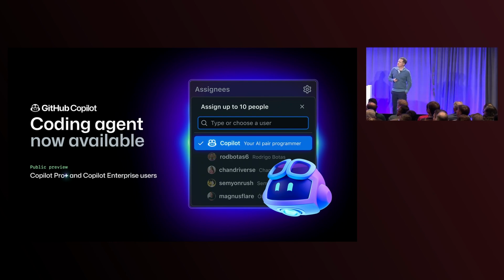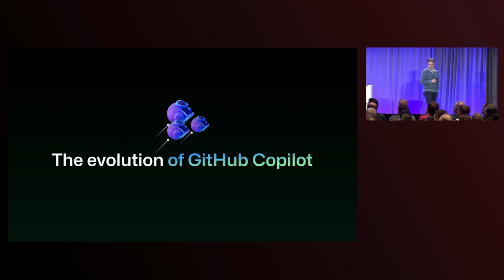With GitHub Copilot Coding Agent, Copilot is now a member of your team. So you can bring it in and assign it issues. You can work with it collaboratively on PRs in your repo. And in many ways, it's bringing agentic coding to where you are, to a natural collaborative part of the GitHub fabric. I like to think of this as one of the most natural and integrated ways that we're bringing agents into information work across all of our different platforms in Microsoft today. And so we're really excited to show this to you today.